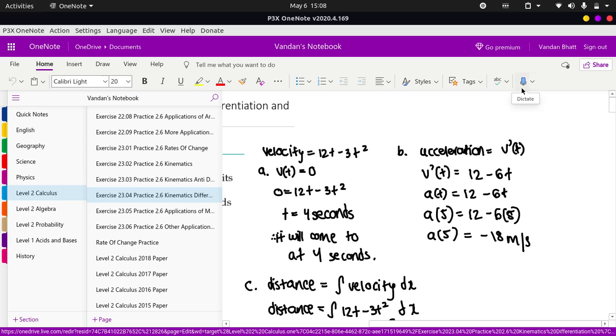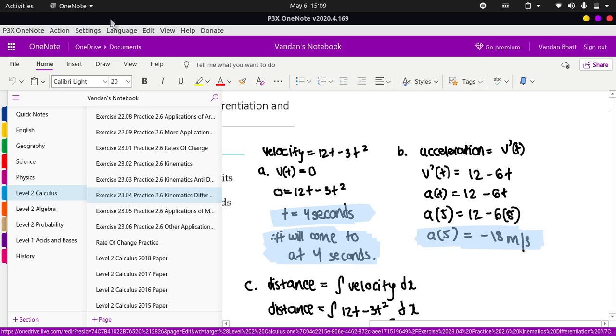You can see that once it loads, it looks beautiful, as it's the same thing as online. Another thing that I really like about this is that it's a graphics tablet supportive package. I can plug in my graphics tablet and it would allow me to use this, which is really useful. Now I'm going to show you some of the functions on top for P3X OneNote. Obviously you have these, which are the default OneNote functions, but P3X, the developer, which is Patrick, has added a few more functions